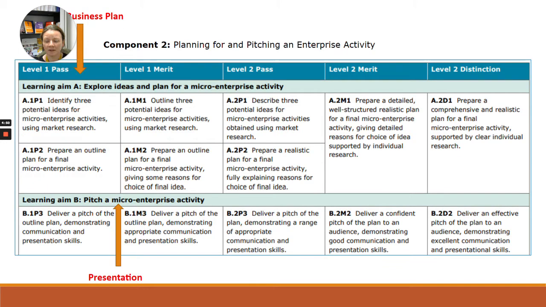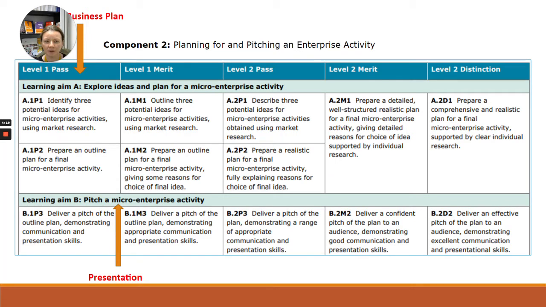What I do want to say is that the business students are in a really lucky position at this stage of the course. So we have basically cashed in their Unit 1 and we've cashed in their Unit 3. So they will have grades already in place for those two units. What needs to be completed, and needs to be completed to a really high standard, is Component 2. And I want to just talk you through where we are with that and what still needs to be done